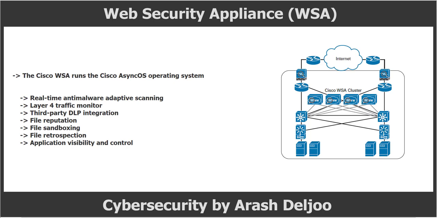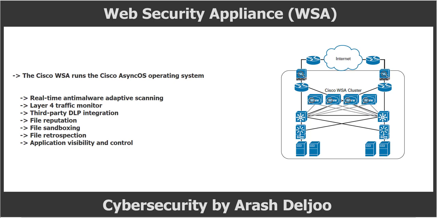Cisco Cognitive Threat Analytics, or CTA, uses machine learning algorithms to adapt over time. The next feature is file retrospection. After a malicious attempt or malware is detected, the Cisco WSA continues to cross-examine files over an extended period of